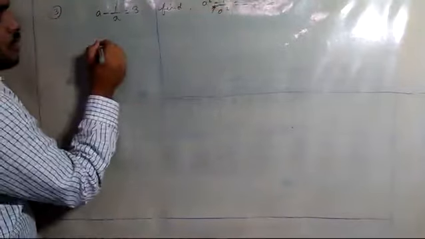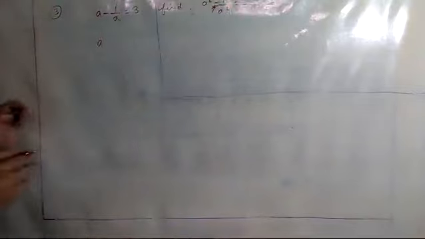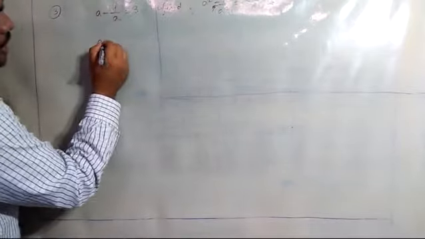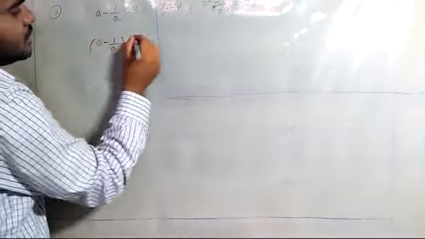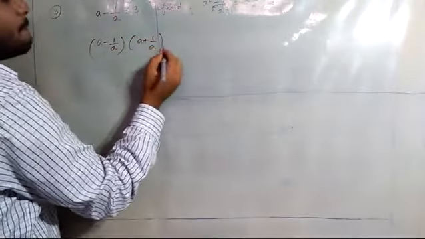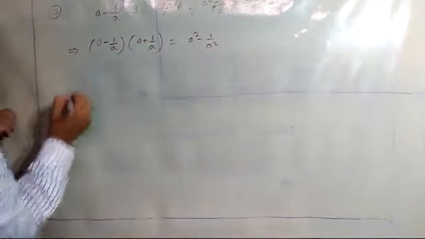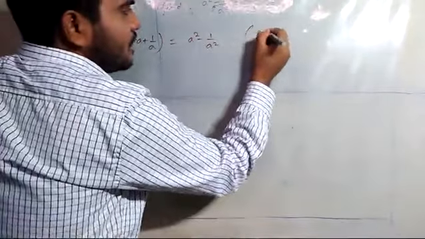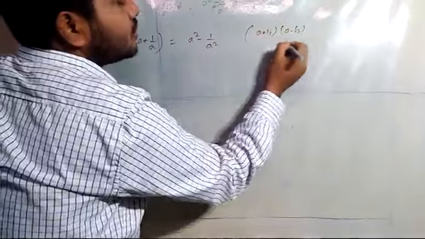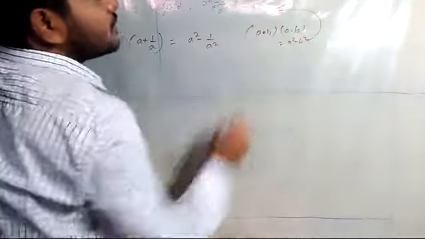Now, so you have another formula. This chapter is not only about memorizing the formula, but also it depends upon how you are going to utilize your brain, how you are going to apply the methods to calculate the sums. Now here, I can write a minus 1 by a multiplied with a plus 1 by a, which will be equal to a square minus 1 by a square. I hope this formula all of you know. It is like a plus b into a minus b, which we used to write as a square minus b square. This is same like this.